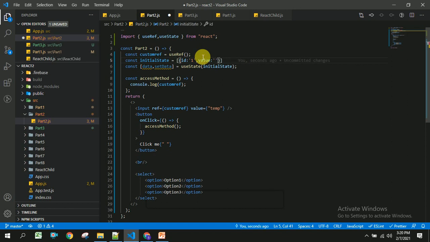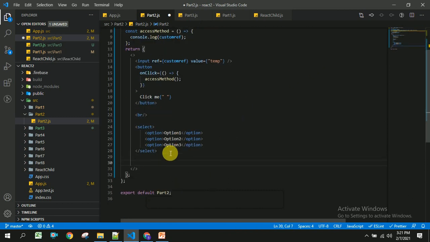I am going to create properties with id and value. And I am going to create another object with id as 2 and the value as some name. So I have created the array of objects, and I am going to render this dynamically in my select dropdown.